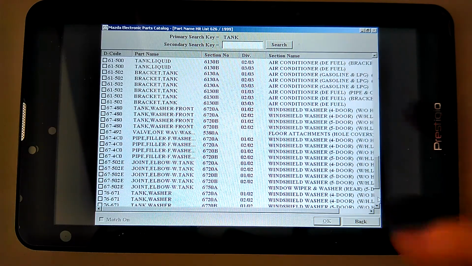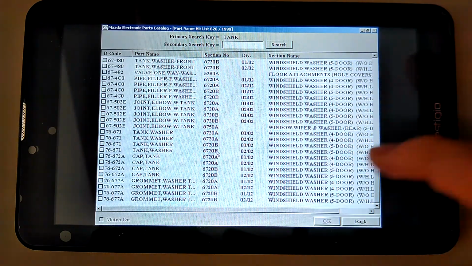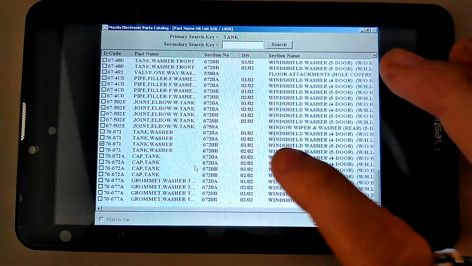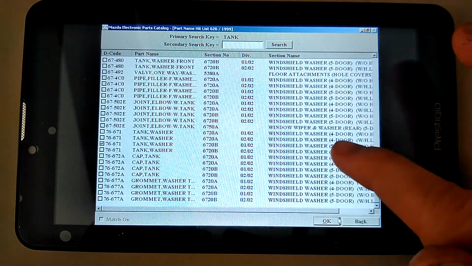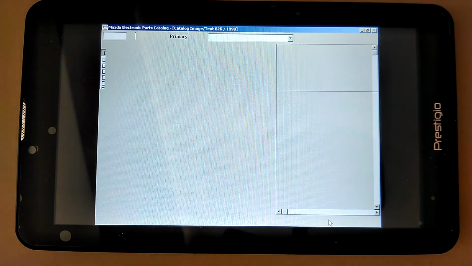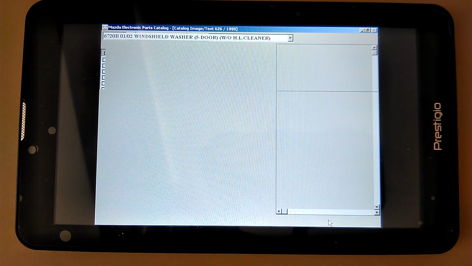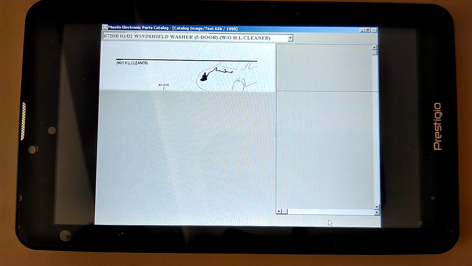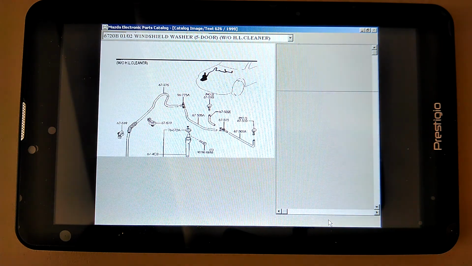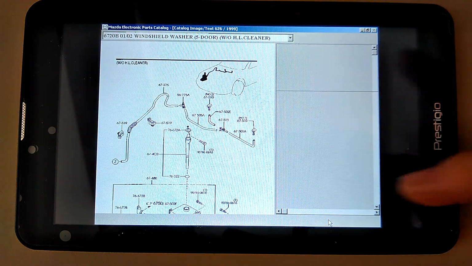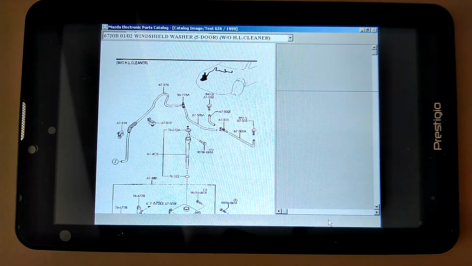So by clicking here, I'm actually switching pages, and let's choose this one. This is a tank, which is for 5-door, and it's without headlights cleaner, which used to be my tank. Now I did upgrade it with a bigger version. So you can see here on the image, actually the image is now a little bit smaller,